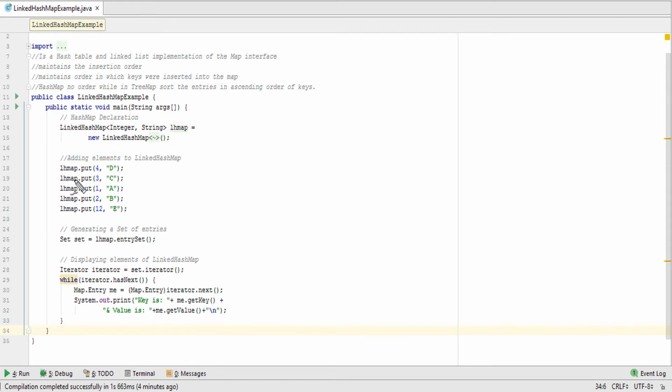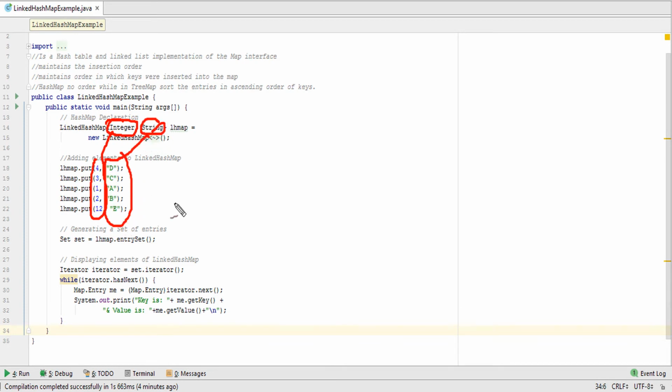We insert values into the LinkedHashMap with the help of put. The first parameter will be the key and the second parameter will be the value, parameterized according to the wrapper classes being passed. The key is an integer type and the value will be a string.